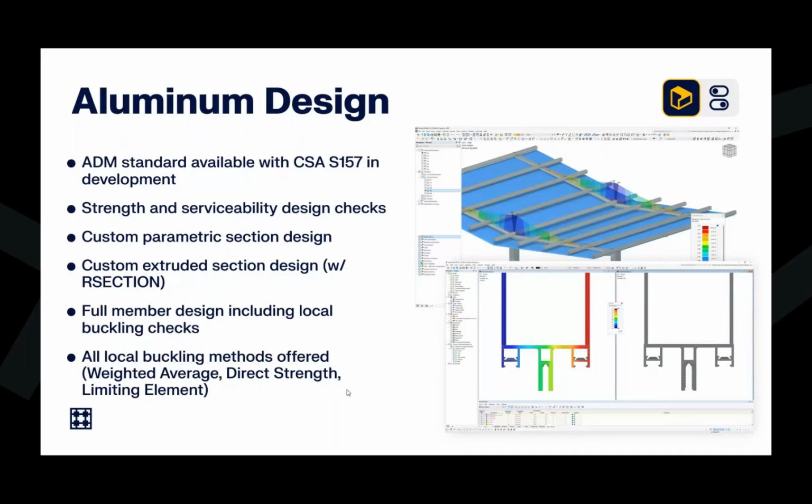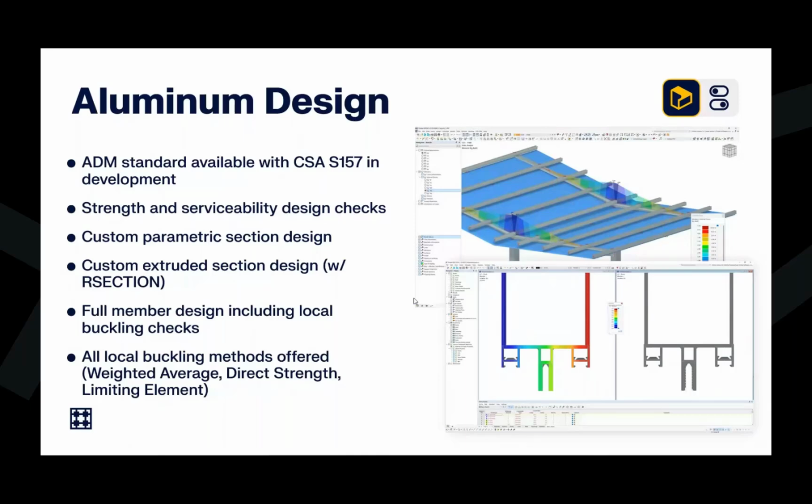for full member design according to the Canadian standard. This does include the strength and serviceability design checks for all of our standard shapes that we find within the ADM. But similar to cold-formed steel, we can get design of the parametric sections, again, a handful offered within RFEM, or we can utilize RSECTION. And I'll get into the details of RSECTION in a few minutes, but essentially I can bring in this